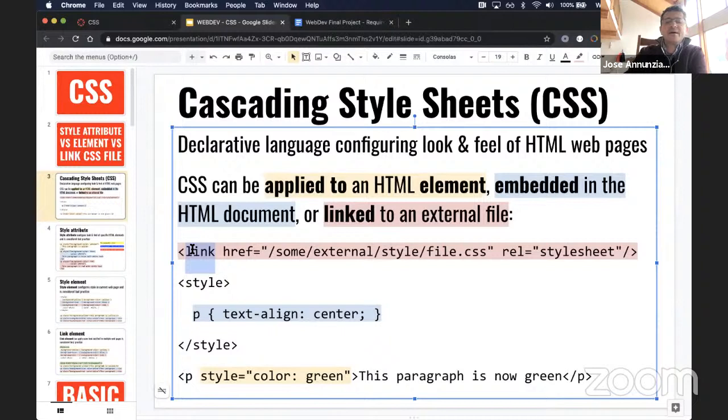Okay, so this is the good, right? This is the way you should do it. That's the best practice. You can also do it inside of the HTML document, but inside of the style tag. And you can provide any number of stylings. And you can say, these are referred to as CSS rules that fire whenever these rules match anything in the